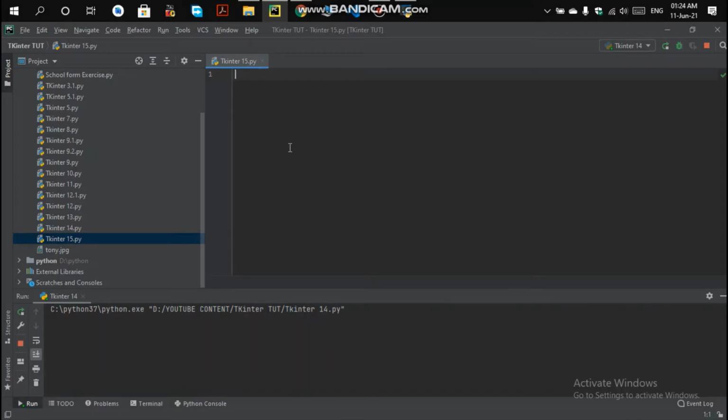I have already told you how the get method and set method are used. The get method returns two numbers, a and b, which represent the current position of the scroll bar. The set method takes two parameters, first and last. This method is used to connect the scroll bar to another widget, through the yscrollcommand or xscrollcommand of the other widget, which we will see in the upcoming minutes. So this is all about the scroll bar, and let us go to the coding area.